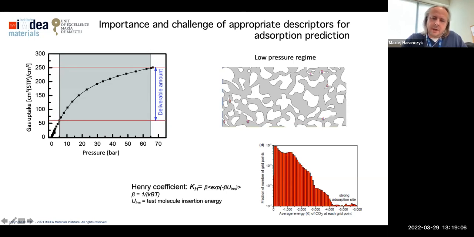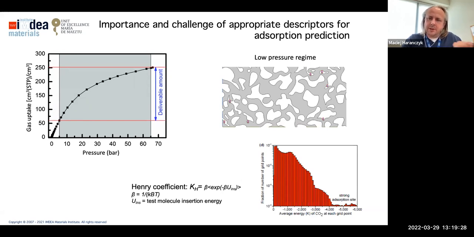And if you look at how the Henry coefficient is calculated in simulation, we see that there is this sampling of this exponent term that includes a negative insertion energy, which is basically the interaction energy between the gas molecule and a material.